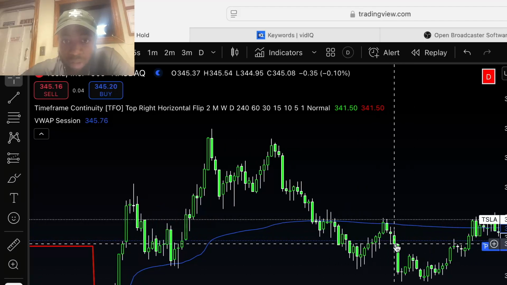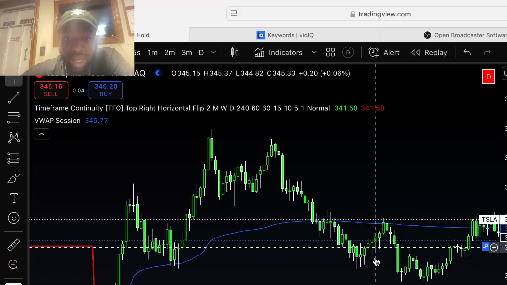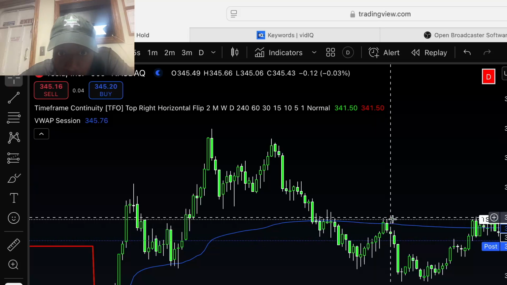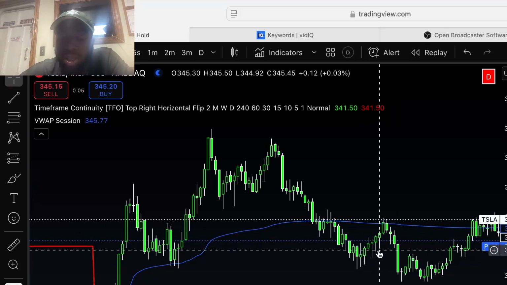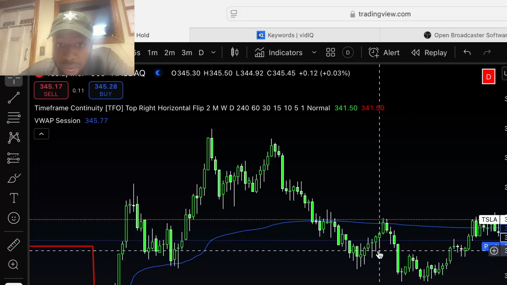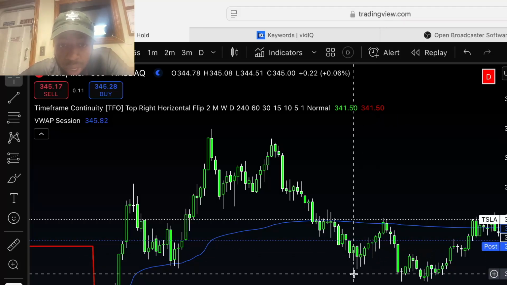Got another close above. You could have took that, but I don't trade like that. Actually, I would have gotten in right on this candle and still wouldn't have went nowhere. But at least I would have had a short stop. So either way, the way I trade, I would have lost that trade too. But with a tight stop, I'd rather lose money here than lose money here every single time, because